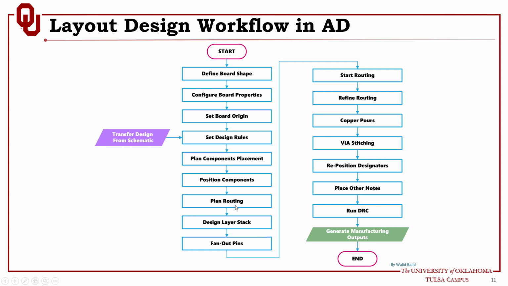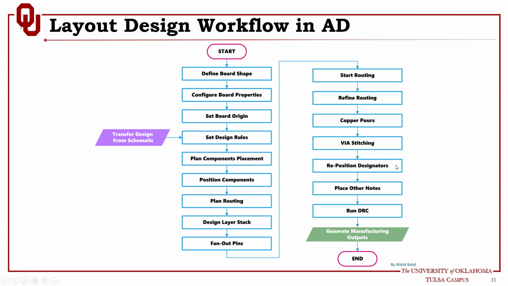And as you can see before, when you plan routing, you need to design the layer stack, fan out the pins, start routing, refine the routing. You keep refining the routing, move the traces, make them move together. Then you add the copper pours. If you have ground, you need to add ground copper pours. Maybe if you need power copper pours, if you have split planes and so on, then you can